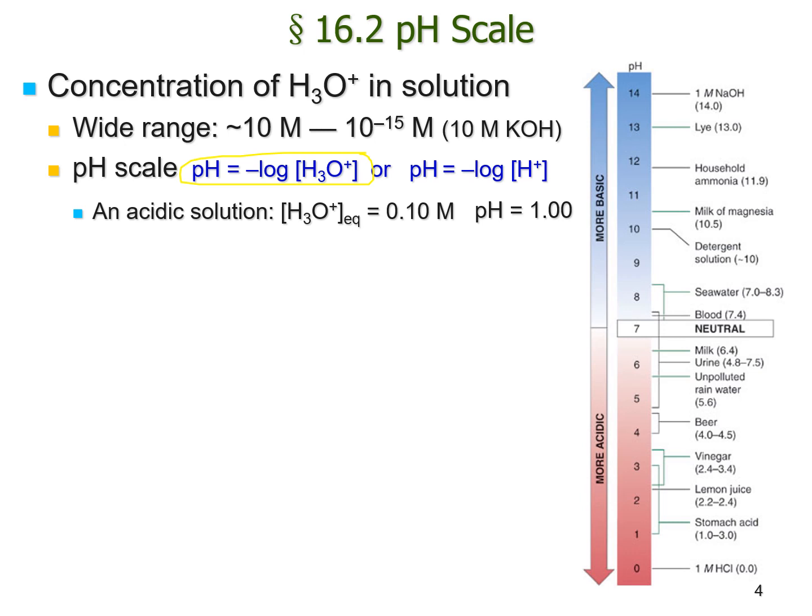So these are the pH values of some common substances that we have seen in our lab. For example, in our lab, we had 1 mole of HCl. So negative log of 1. Remember, log of 1 is equal to 0. So for 1 mole of HCl, pH is 0.0. Our stomach acid is 1.0 to 3.0. I believe our stomach acid is towards 3.0.